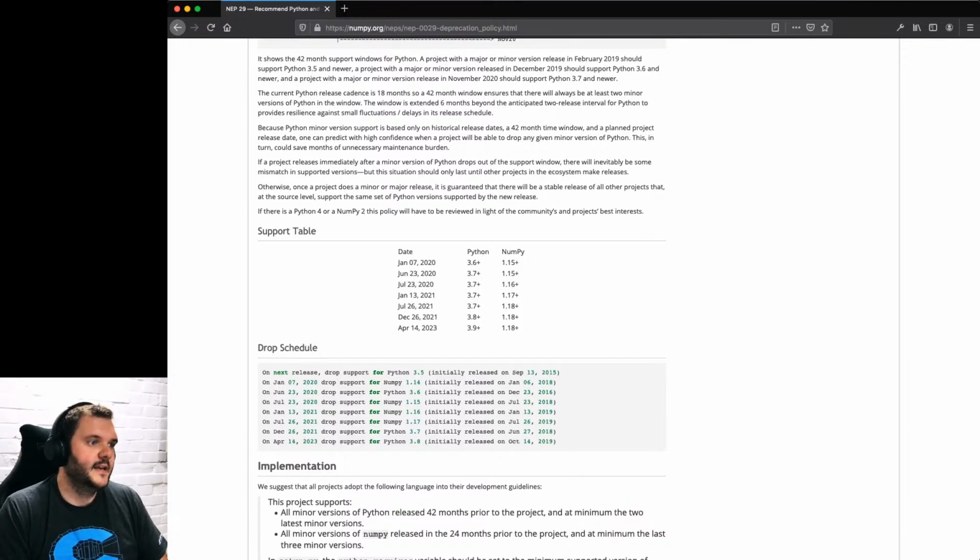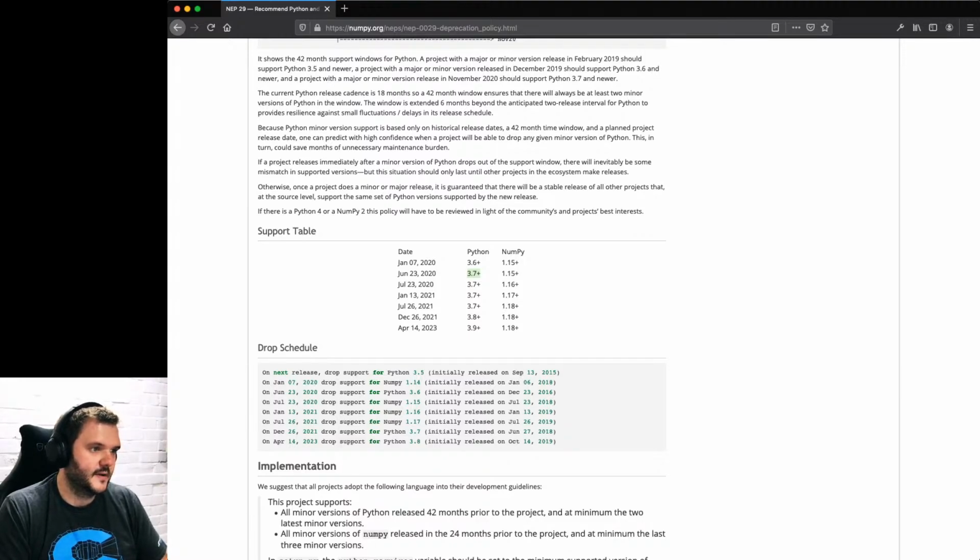But in a week's time, on the 23rd of June, we should move to 3.7 as the baseline for supported Python versions, which means 3.6 shouldn't be supported anymore. It also means as a developer, any features that were added in 3.7 become available to you, which is great.